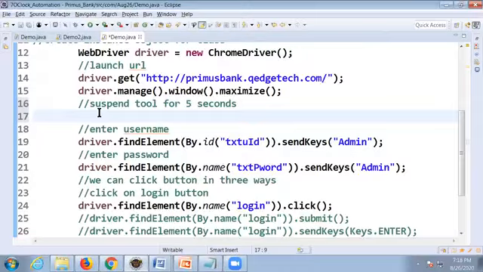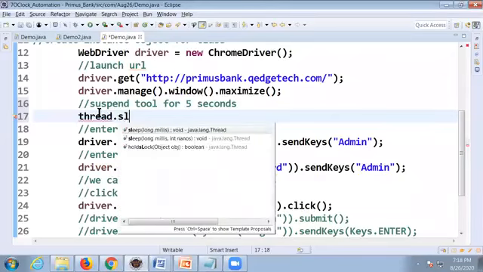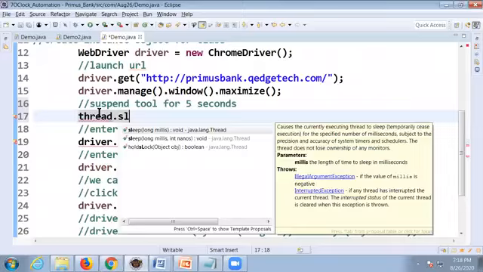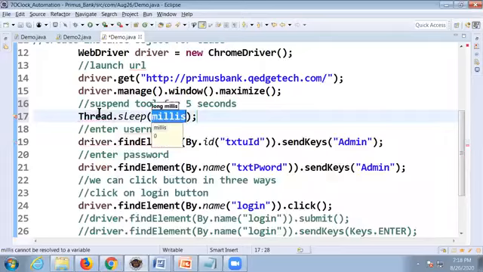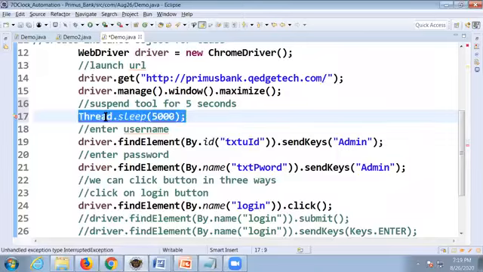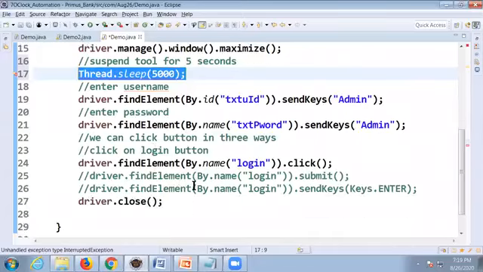So from today, we use Thread dot sleep. What is that? Thread dot sleep. So here we should define milliseconds. I want 5 seconds. Means how many milliseconds should I define? 5,000 milliseconds. Convert to seconds, 5 seconds. So not only here, after clicking too, from today, keep on using